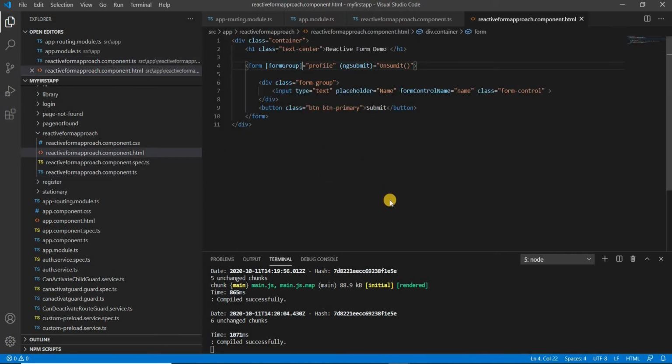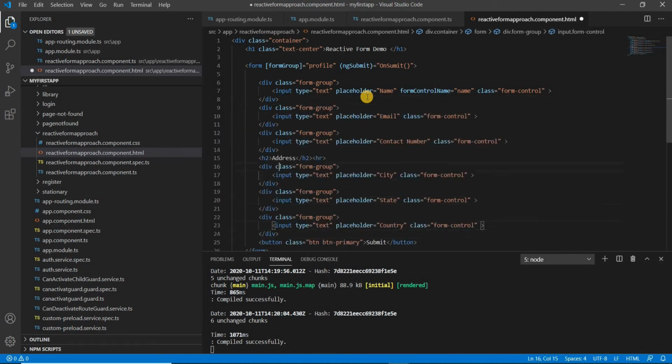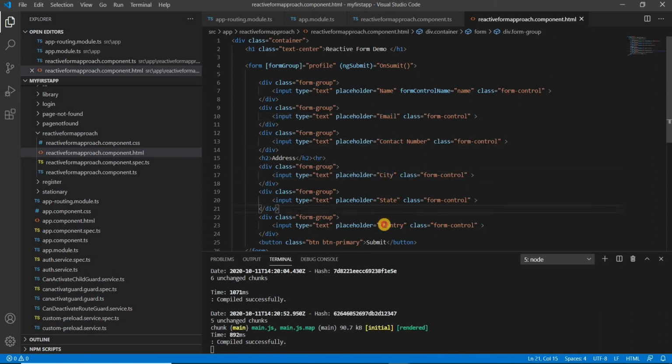So let's create it. I created a template for you that has email, contact number, city, state, and country.